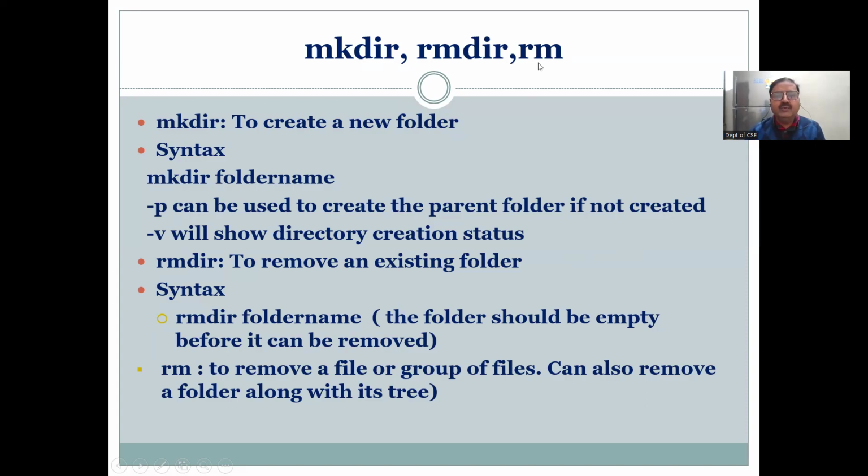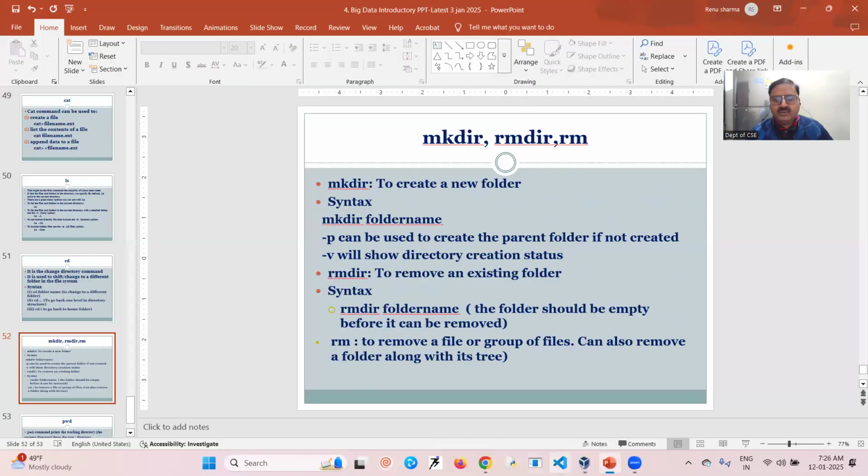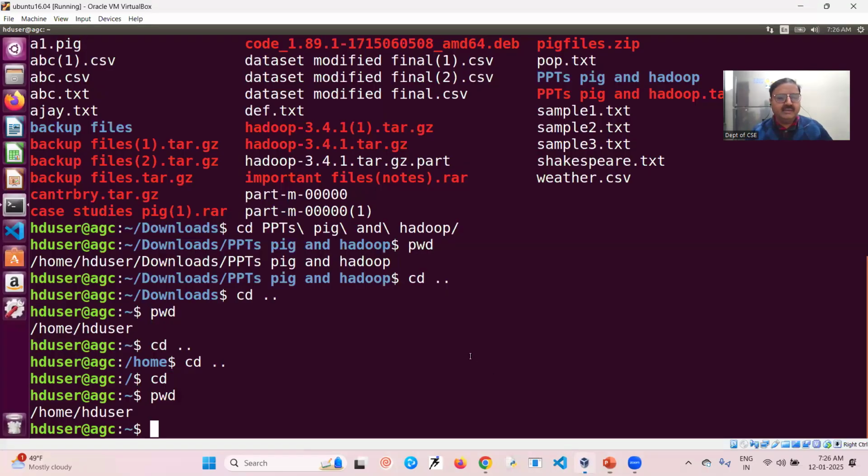Use this rm command with a great deal of caution while you are removing a folder and its tree, because it can completely wipe out the subtrees of a directory. So be very clear while you're using rm -r, which stands for the recursive switch. If you use the rm -r command, it would remove the entire tree structure, right? So let's go back to our terminal here,